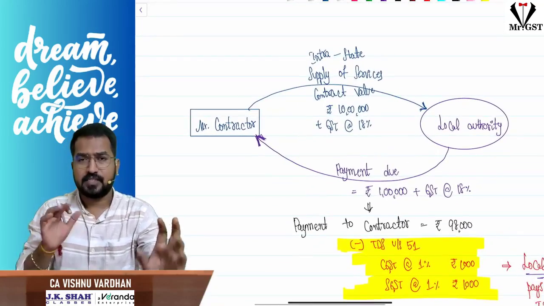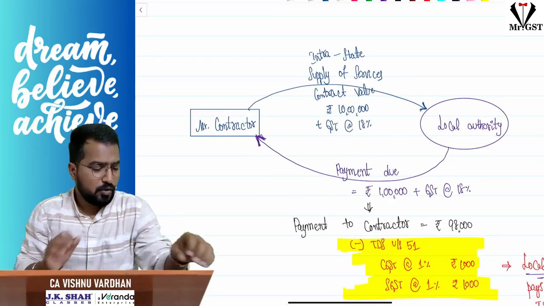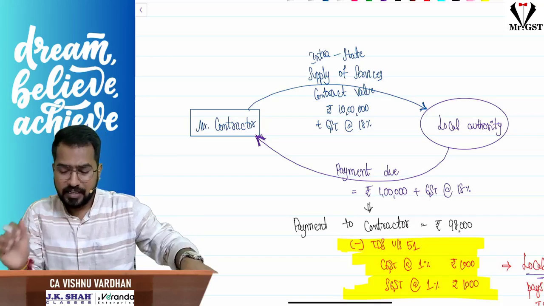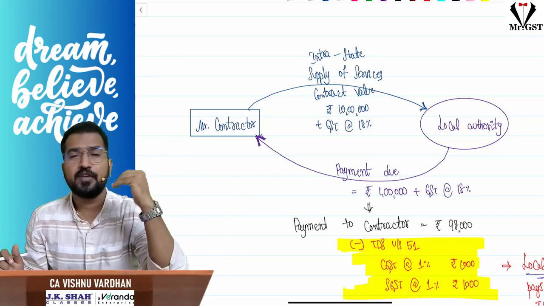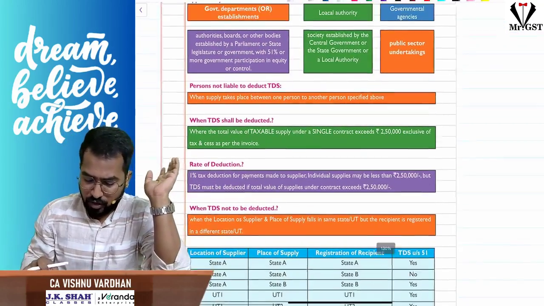First, let us take an example. See how TDS will be operated. First of all, when will TDS come into picture? Listen carefully, TDS will come into picture only when the contract value is greater than 2,50,000. So if the contract value,